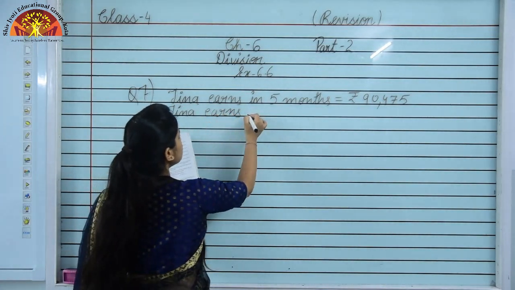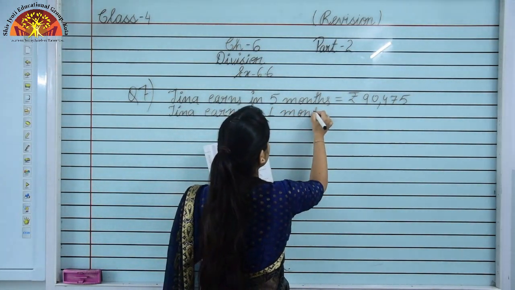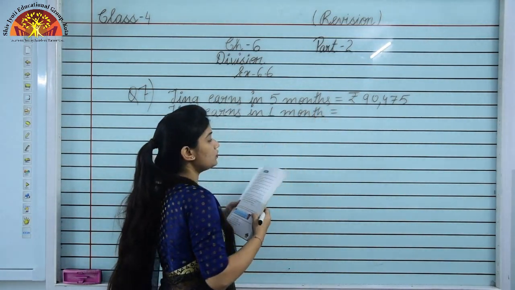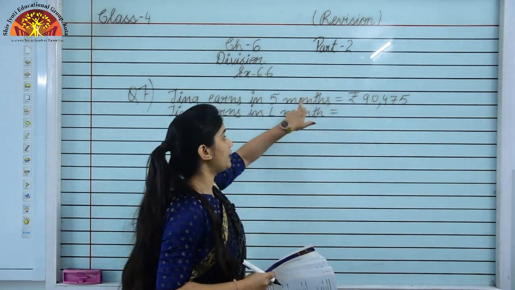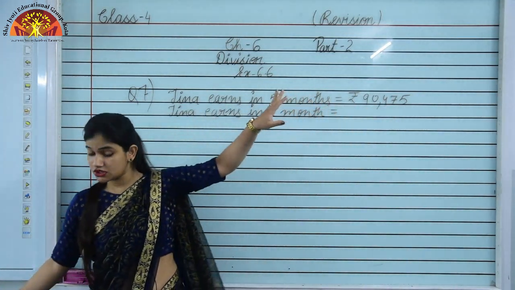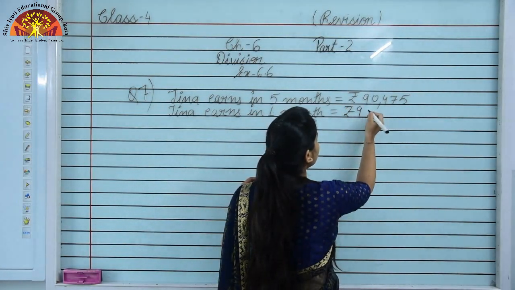So Tina earns in 1 month is equals to rupees 90,475 divided by 5. हमें क्या करना है? उसकी जो 5 months की earning है उसको divide करना है 5 से. Now we'll divide